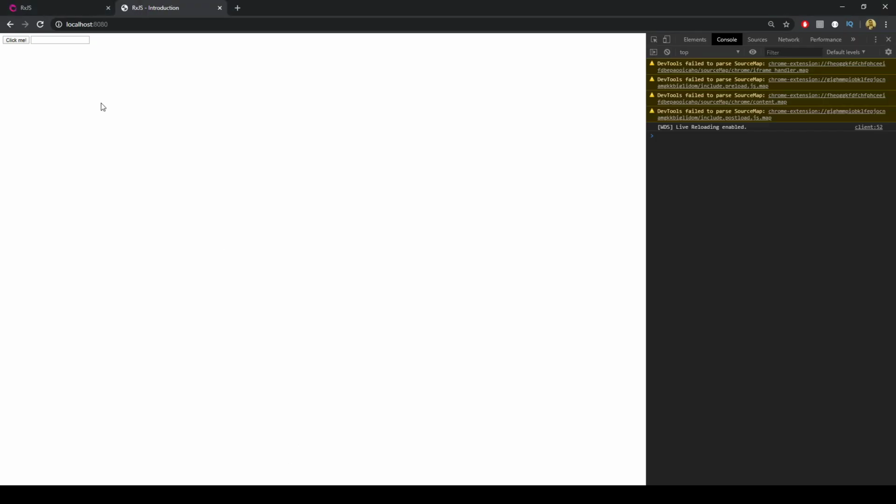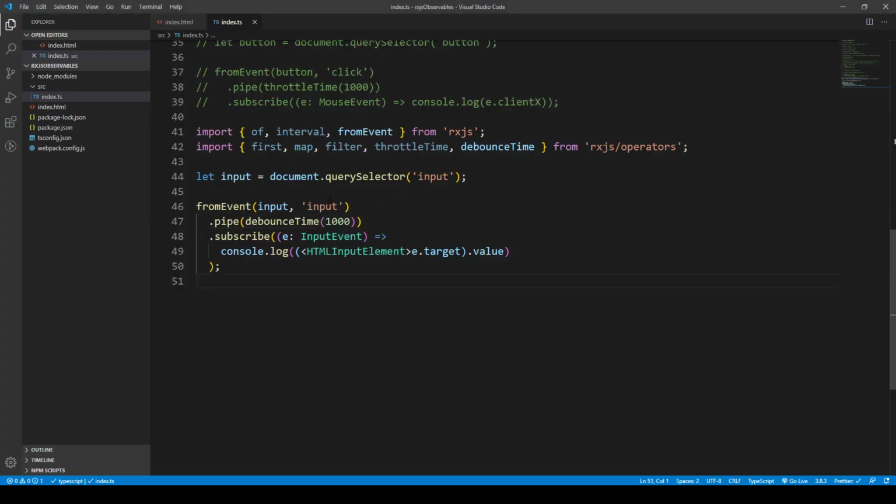If we type in something here, notice that you have to wait 1 second after you finish typing for that to be displayed. So that's the key difference. Rather than it being recognized on the first keystroke, it's recognized only after 1000 milliseconds after that last input